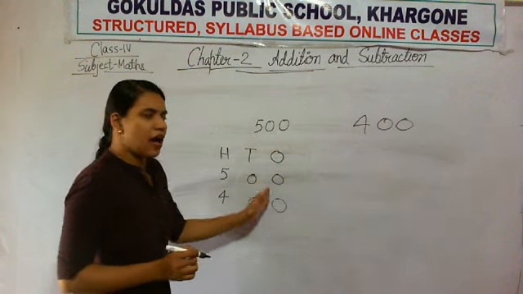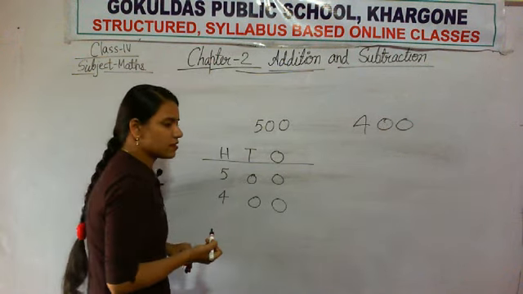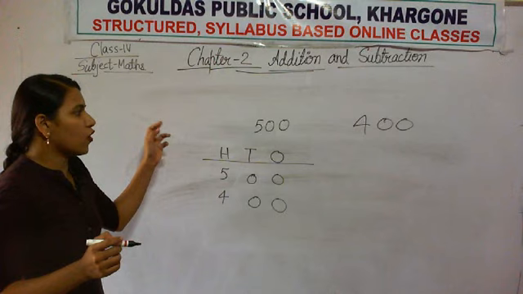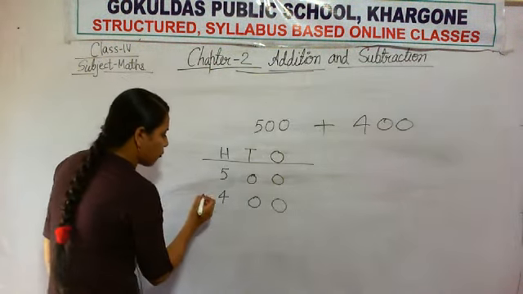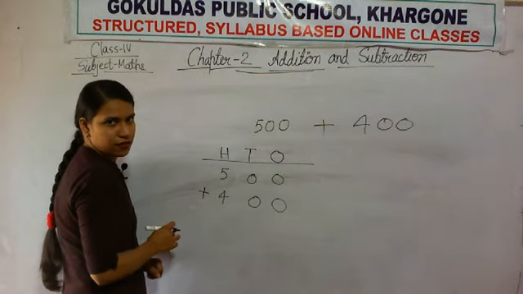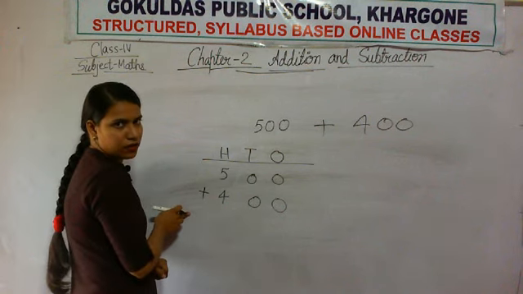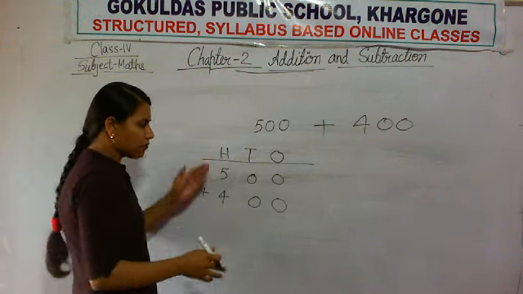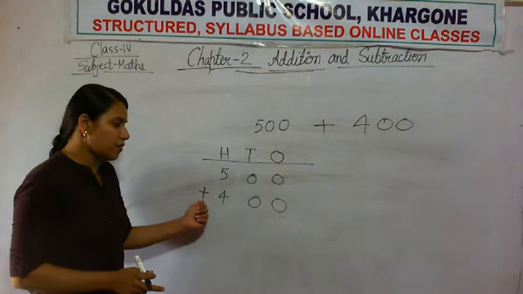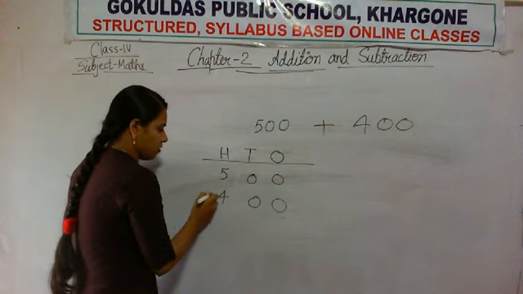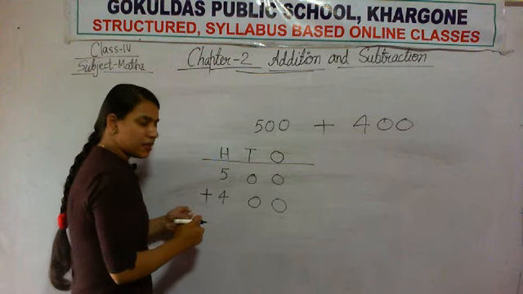You can see that I have arranged both the numbers in columns, right? So you also have to do the same thing. Then you are performing addition, so put a plus sign here, to the left of the last number. First arrange the given numbers in columns. Then I put the symbol. Here the addition operation is there, so I am putting the plus sign here.